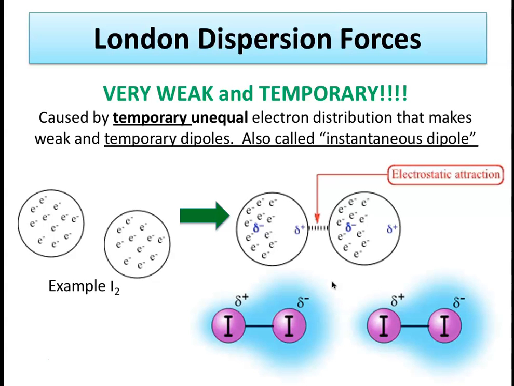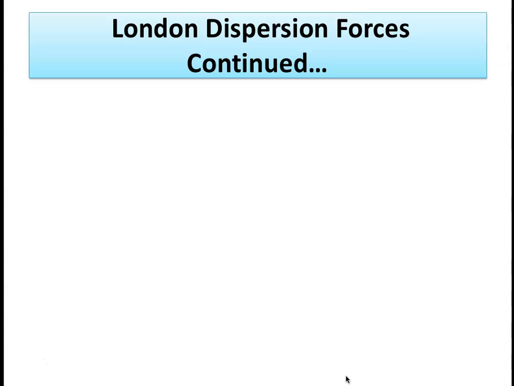Okay. Another example, looking at iodine. Iodine is diatomic. So in order for an iodine molecule to be bonded or attracted to another iodine molecule, the electrons have to move around. Now notice we're not referring to the electrons in this bond. These two electrons aren't going anywhere because it's an equal electronegativity. But all the other electrons can eventually just go one side or the other. Continuing along with LDF,